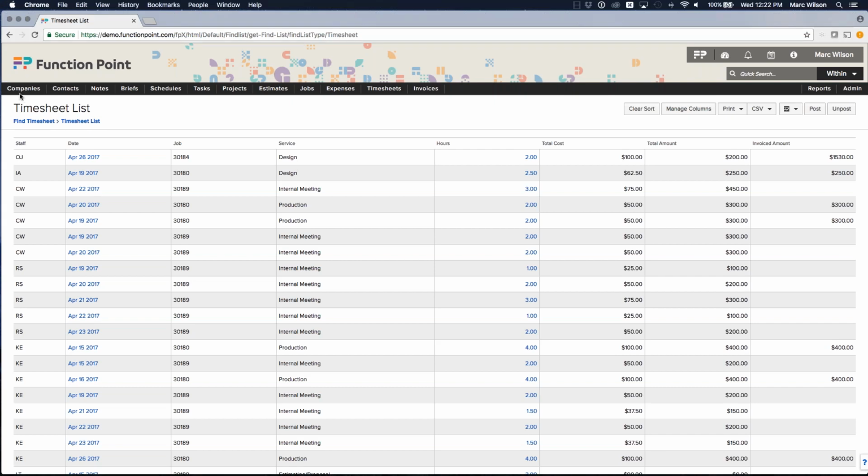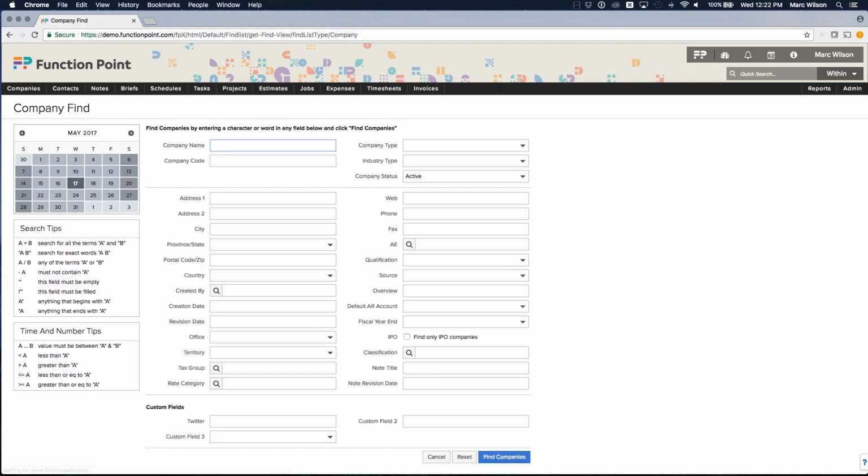So for example, when we look at a company find page, there are values that you'd expect for a company, things like city or country, location information. There's other data as well. There's things like IPO, show me all the companies that are public. Perhaps I want to look at a custom field. The point is that there are a lot of fields that are specific to a company find that you may not find in other places. If I do an invoice find,